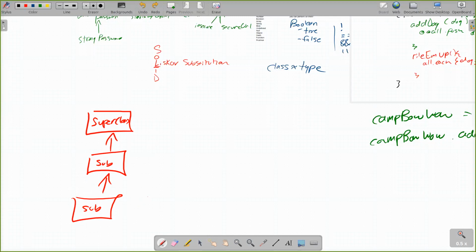It ultimately ends up being just one thing, but it's going through this entire hierarchy and copying all the things from its parents. That is class-based. Prototypes work a little bit different.